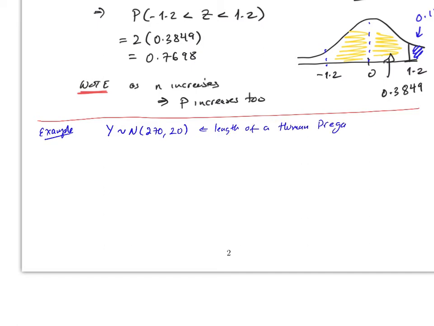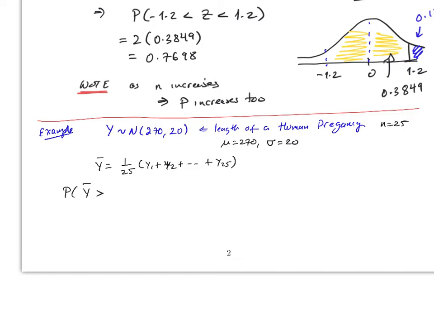Okay. So if you take a sample of these identically distributed values, let's say that n is 25. Remember here, mu is 270 and sigma is 20. So let's say that y bar, as you know by definition, will be 1 over 25 times (y1 + y2 + ... + y25). So what will be the probability that the average of a human pregnancy of a sample of 25 will